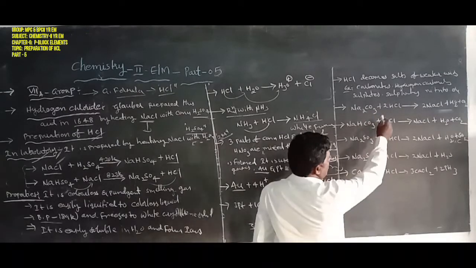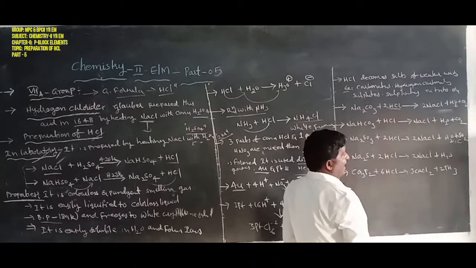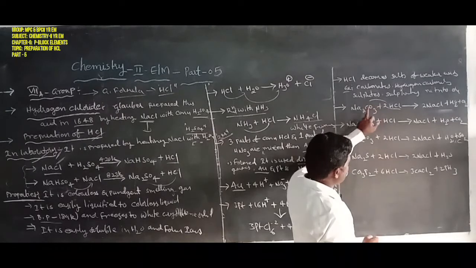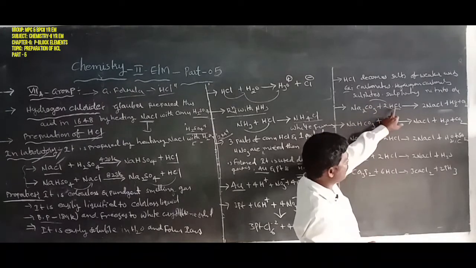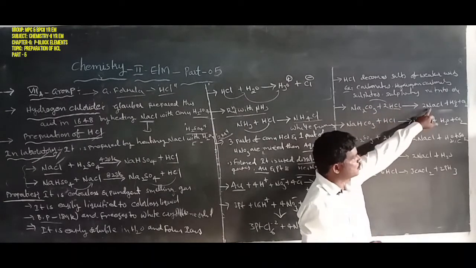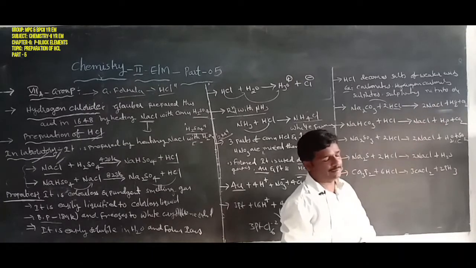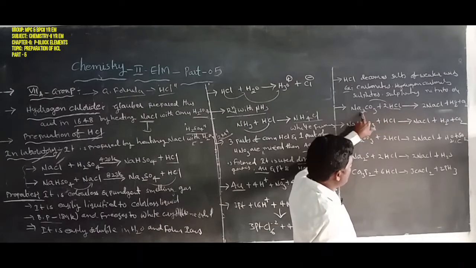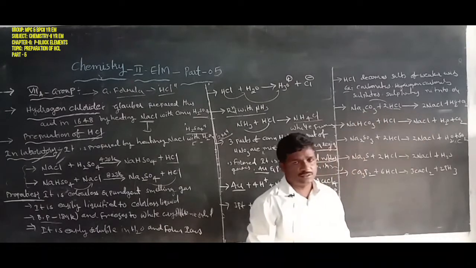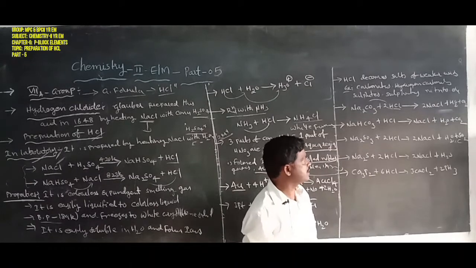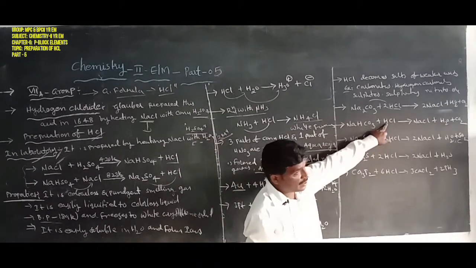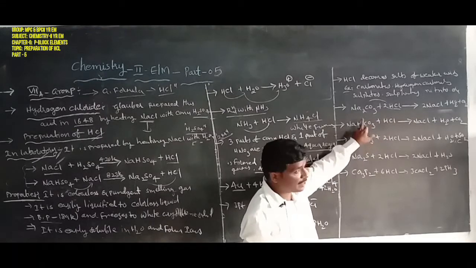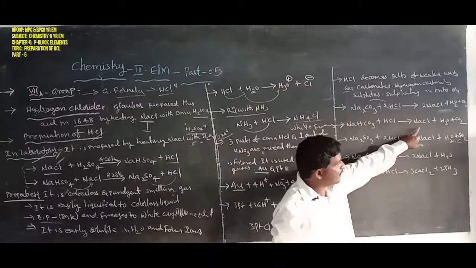Here, hydrochloric acid, also known as hydrogen chloride, decomposes sodium carbonate to form sodium chloride and carbon dioxide. Hydrochloric acid decomposes sodium carbonate to form sodium chloride, or common salt. Next one, hydrogen chloride or hydrochloric acid decomposes sodium bicarbonate, also known as a bicarbonate compound, and is converted to common salt.